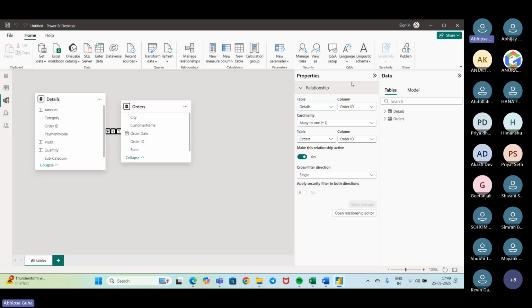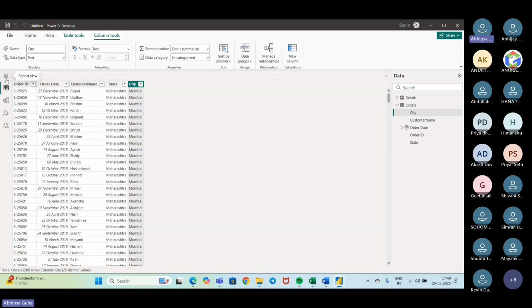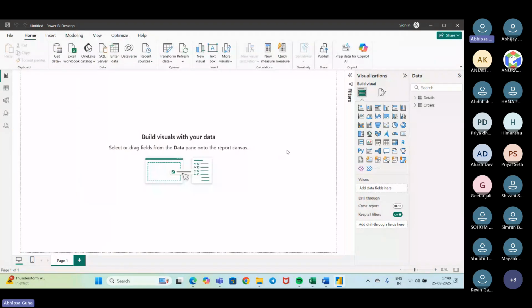So see here, when we are coming up here, we have got the properties, the relationship. What is the relationship? That is well discussed up here: what is the table name, what is the column name that we are getting, the table order, and which column names I am getting through, and also the cardinality. Okay, so this is the model view, and this is how we can check it. So we'll just go ahead now and try to understand how we can